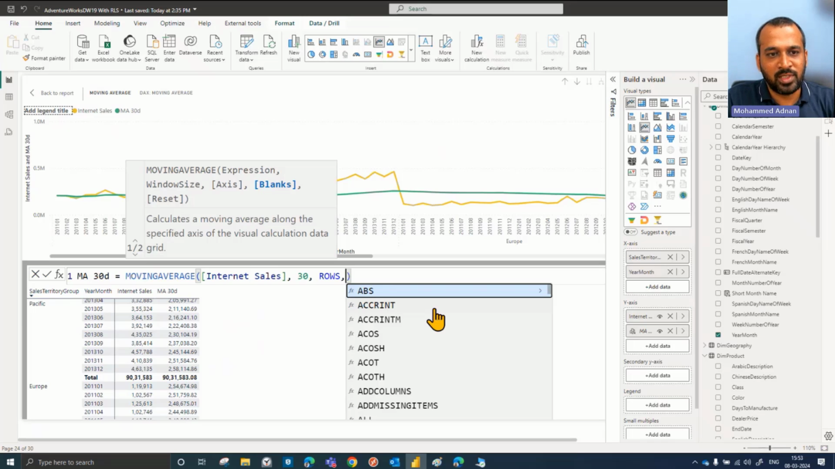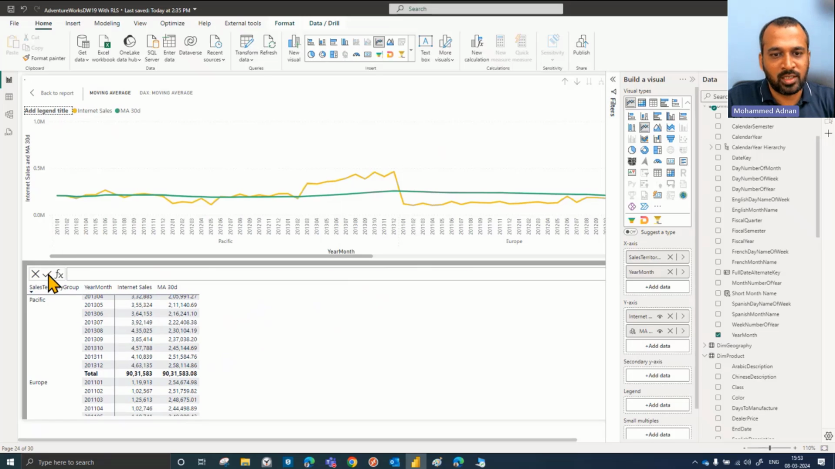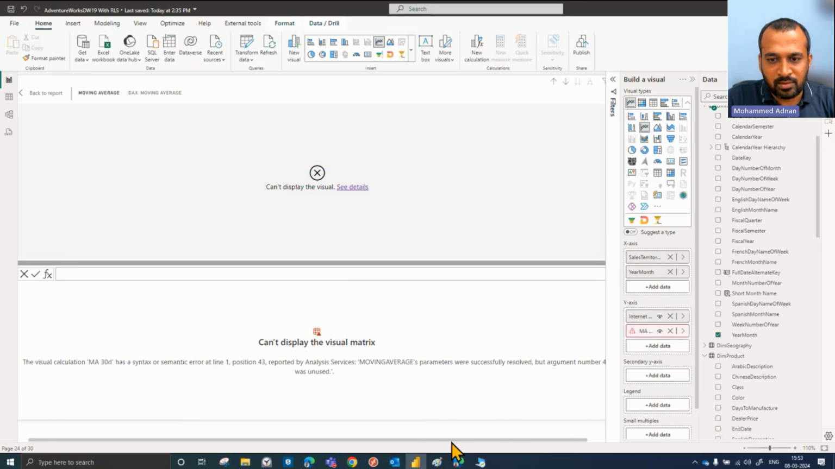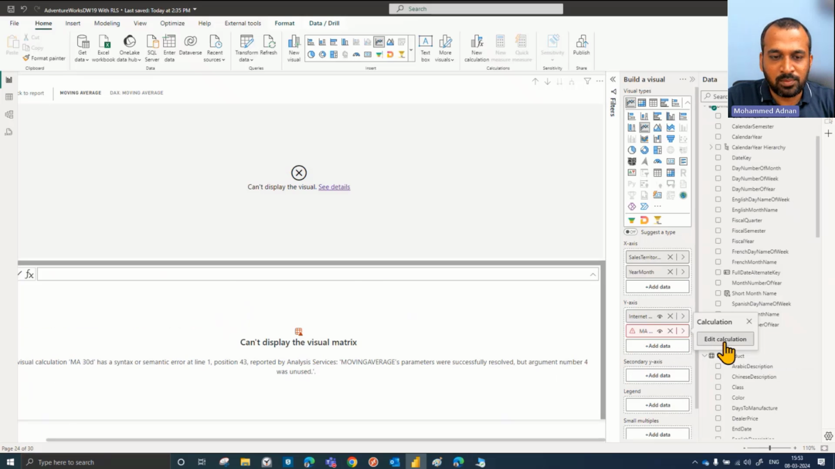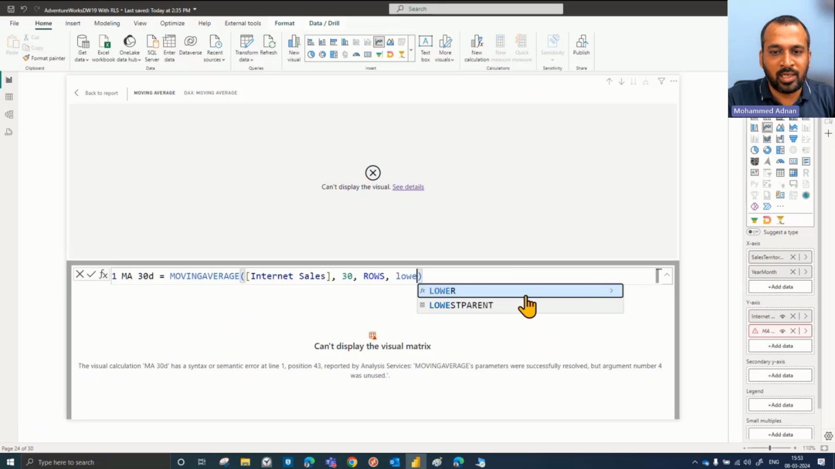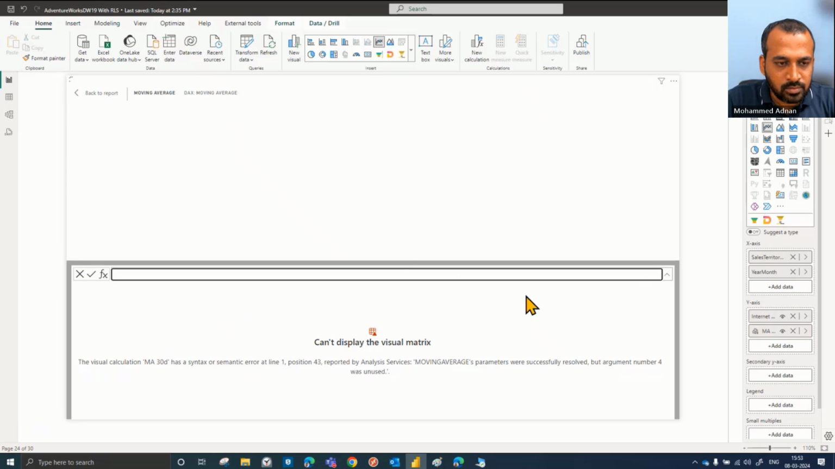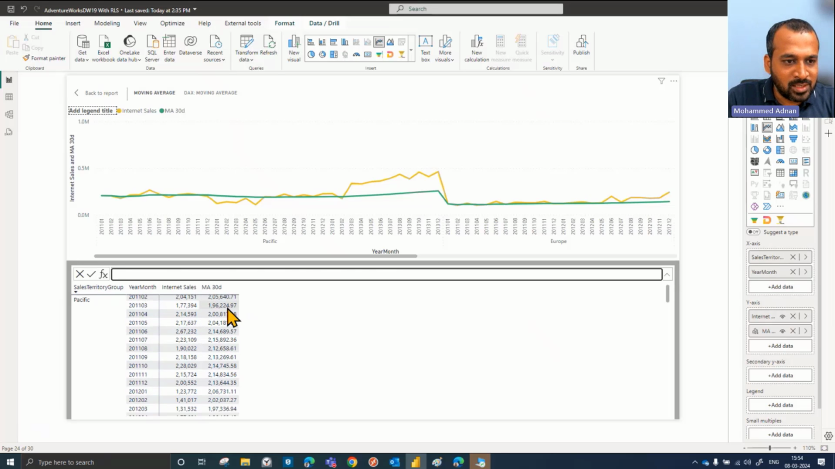The reset is where you need to mention the sales territory group, but in reality, this will not work. If I click on commit, it will give an error: was successfully resolved, but argument 4 was unused here. So instead of using this sales territory group, we just need to mention it as lowest parent or highest parent. In our case, we want to reset at every lowest parent, so I'd like to give it as the lowest parent itself. In this case, the lowest parent is this one and even the highest parent is also this one because we don't have much hierarchy level. So that's totally fine. And if I just scroll down now,